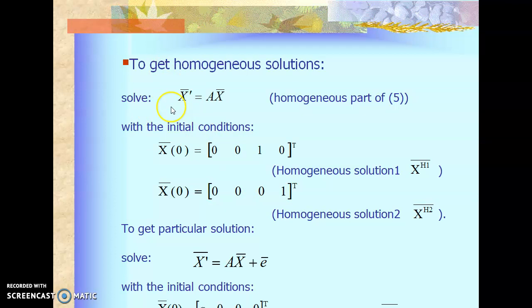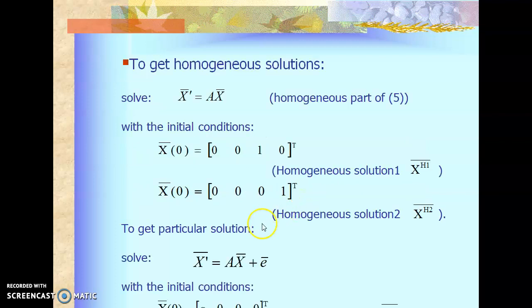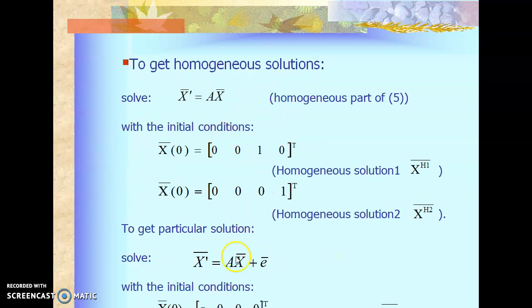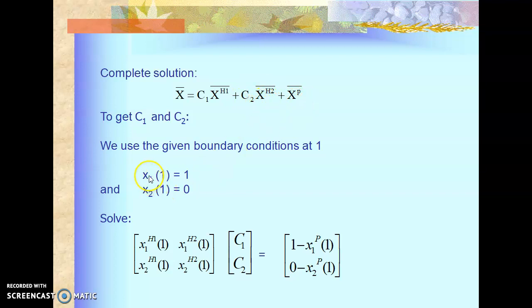Now to get the homogeneous solutions here, first we consider the homogeneous part together with these conditions. How are we writing these conditions here again? Here this is 1 and this is 1 because if you observe, x3 and x4 are not given at the initial point. Solving this gives a solution, and we get the particular solution by taking these conditions. These are the initial conditions given. After getting the particular solutions, we make use of the boundary conditions which are given at 1 and 0. And this is the system. If we solve this, we are going to get C1 and C2. This is how we have to solve.